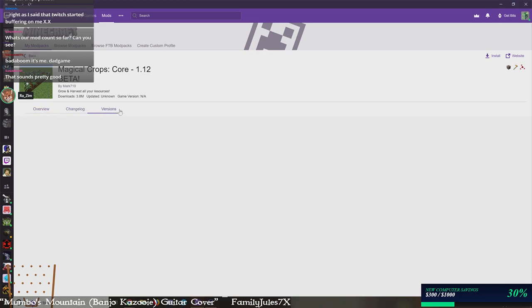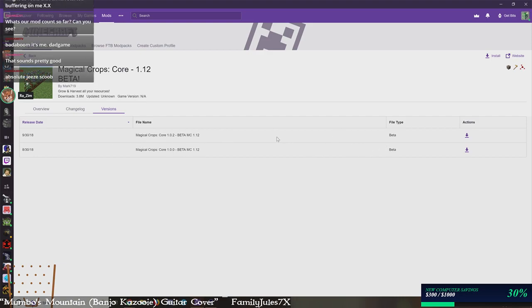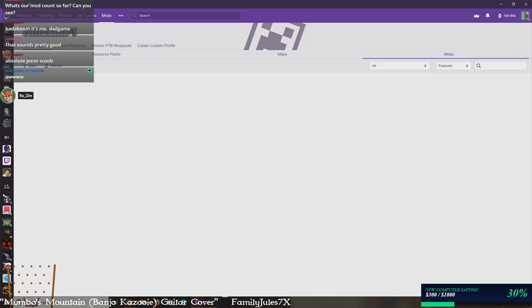I'm concerned about the whole version thing here. Blue Queen, I don't think I'm gonna add this because it hasn't been updated since September. And without a more recent update and it still being in beta, I'm afraid it's a little too unstable for this. I do like magical crops, but...